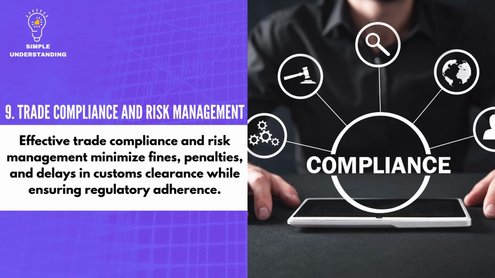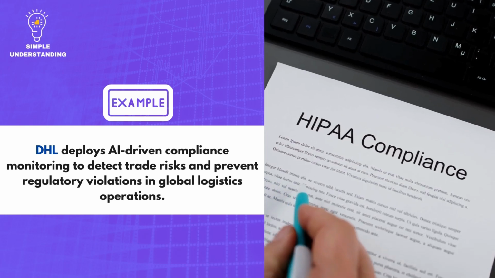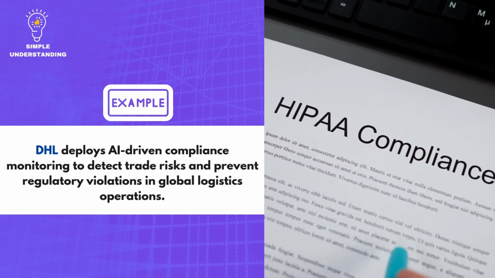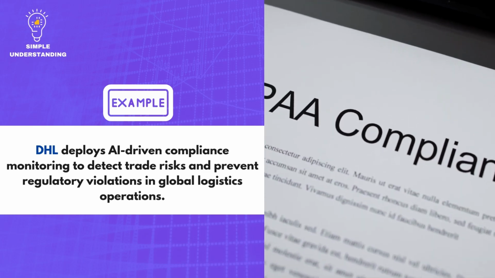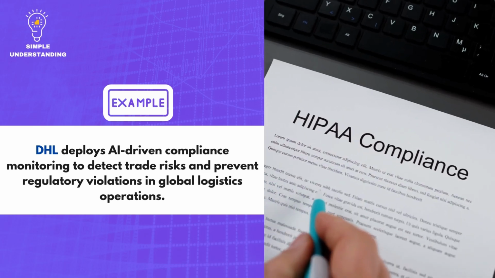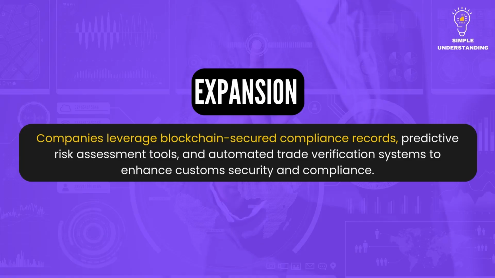9. Trade compliance and risk management. Explanation. Effective trade compliance and risk management minimize fines, penalties, and delays in customs clearance while ensuring regulatory adherence. Real company example. DHL deploys AI-driven compliance monitoring to detect trade risks and prevent regulatory violations in global logistics operations. Expansion. Companies leverage blockchain-secured compliance records, predictive risk assessment tools, and automated trade verification systems to enhance customs security and